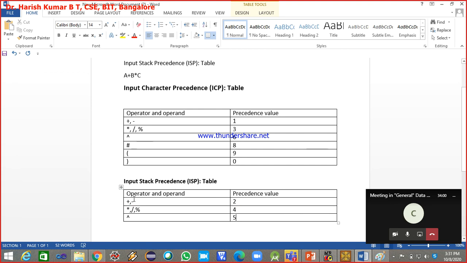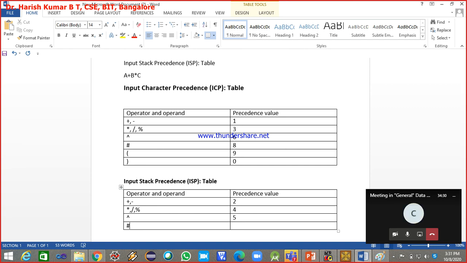So for plus and minus, the stack precedence value is higher than the input precedence, and similarly for into, divide and modulus, the precedence on the stack is higher than the precedence value of the input character. And similarly, what does this represent? Why are we taking this symbol?